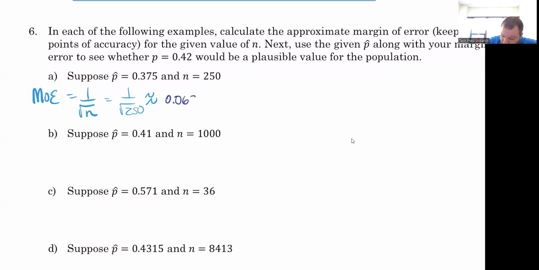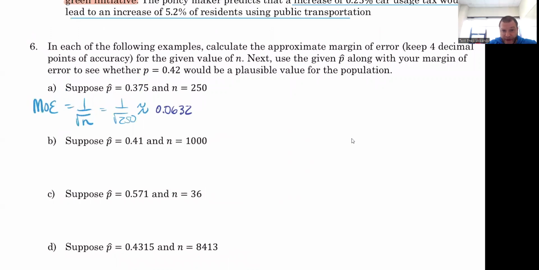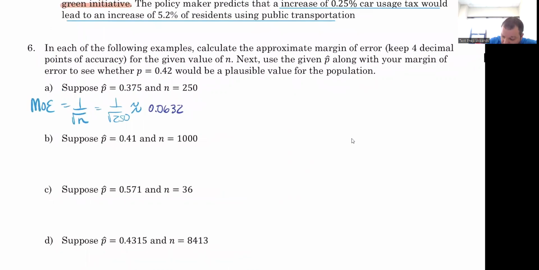0.0632. All right, so that's our margin of error, about 6.3% error. So then if we took our p hat and we added and subtracted our margin of error, let's see what we'd get. We'd get 0.375 plus or minus